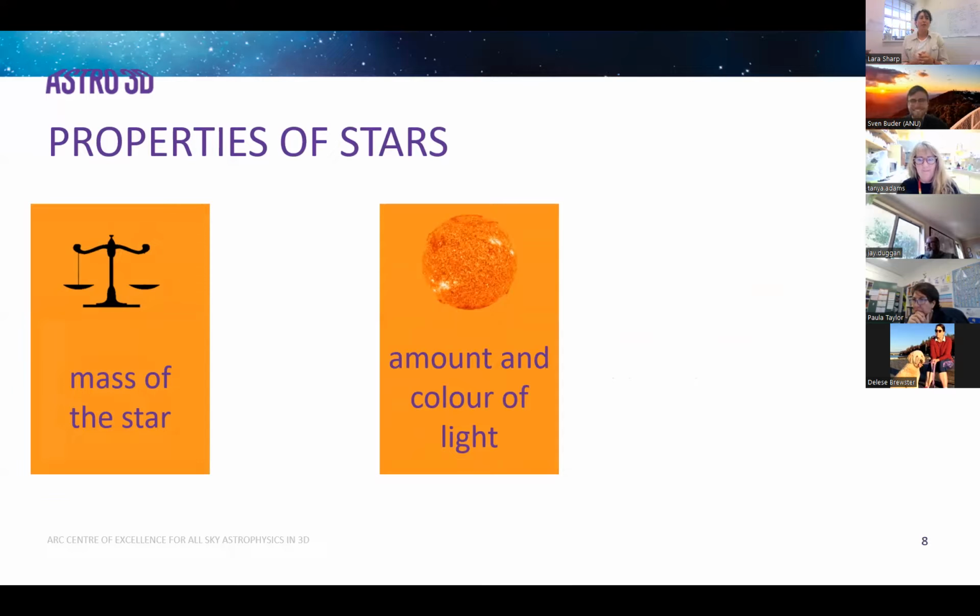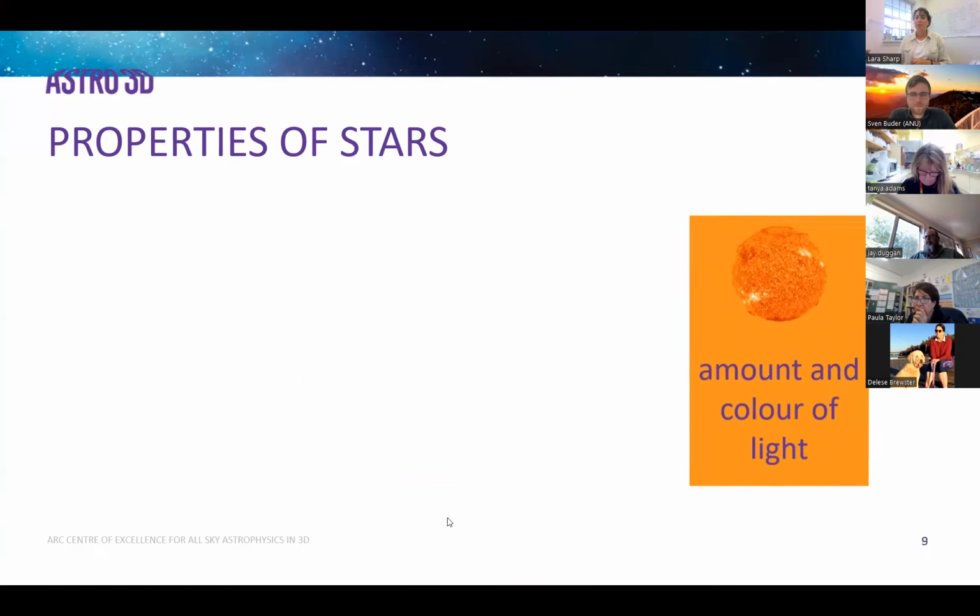And so if we're talking about a big ball of gas, then the more mass there is, the more gravity there's going to be to pull and compress and squeeze that star harder, and so it's going to produce more heat. And the temperature of a star is what we define as its color. So red stars are cooler and blue stars are hotter. So for instance,